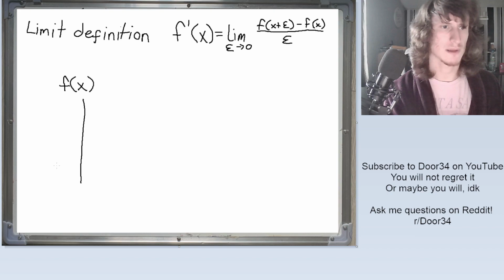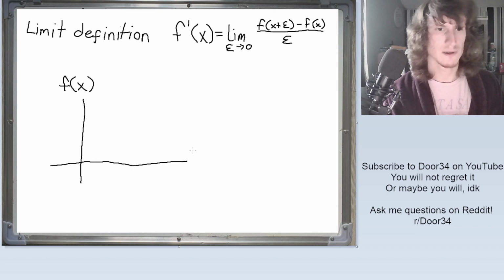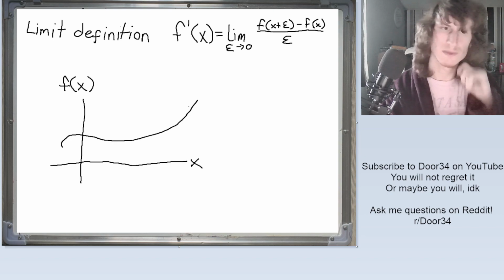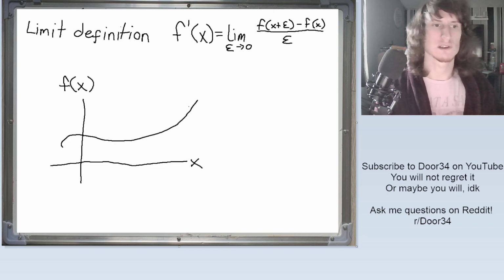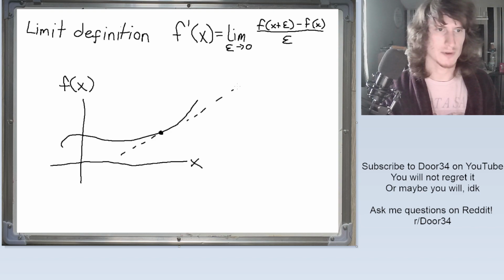And we're going to draw out like a little graph of this guy. So here we have f of x and here we have x, and let's just say that it looks something like this. Who knows? So really what the derivative is describing is the slope at a given point, or a tangent line. So let's say here, I don't know, and we have a tangent here. So what is the slope of this tangent line? Well,